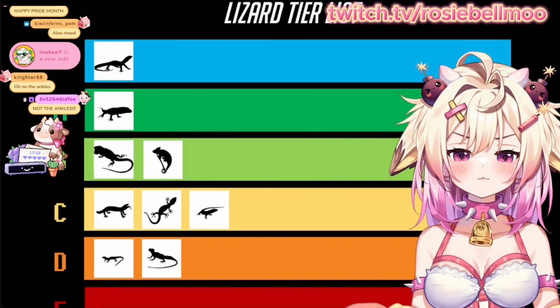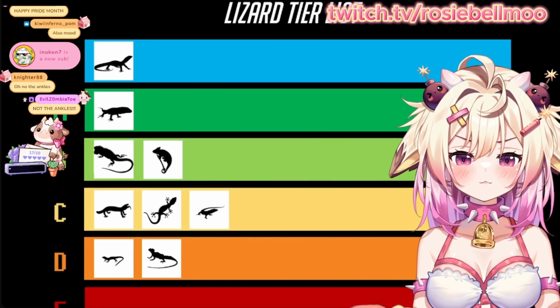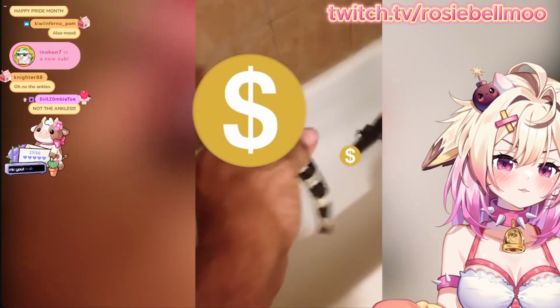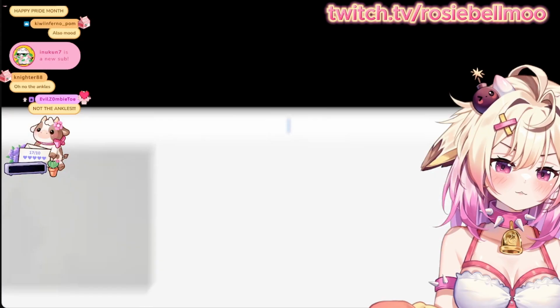Hopefully now you've got a good understanding of the lizards' strategies and matchups. Admittedly, there were a few things I had to cut from the script of this video to avoid demonetization or age restriction. If you want to see the director's cut of this episode,